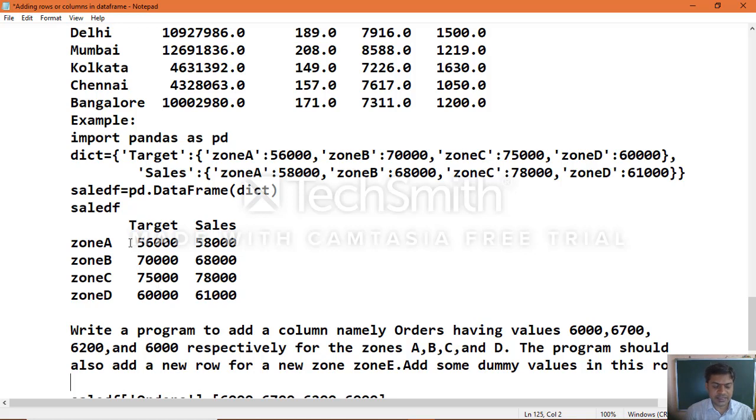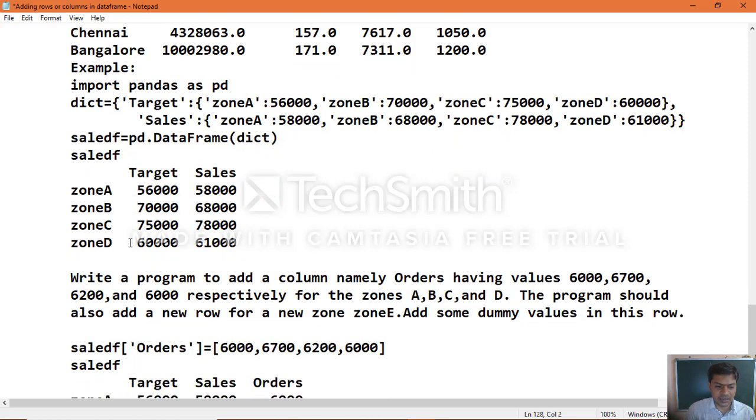For this existing data frame we want to add one column. That column name should be orders, with the values which were given. And we also need to add one new row to this existing data frame. That is the question which was specified.